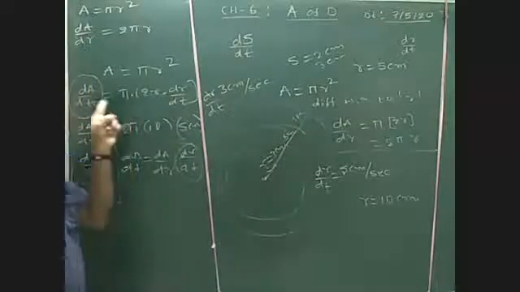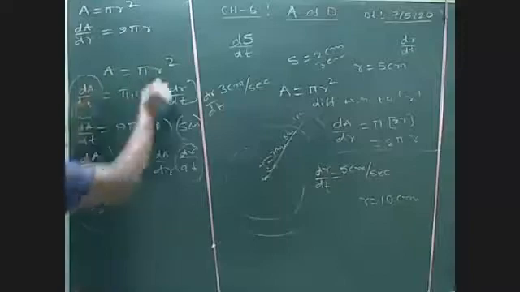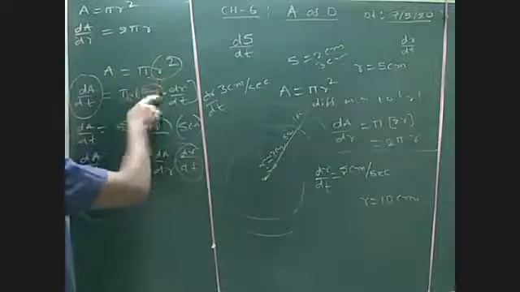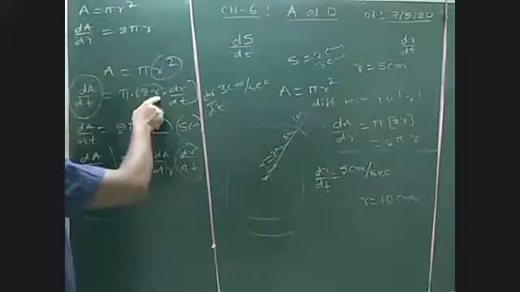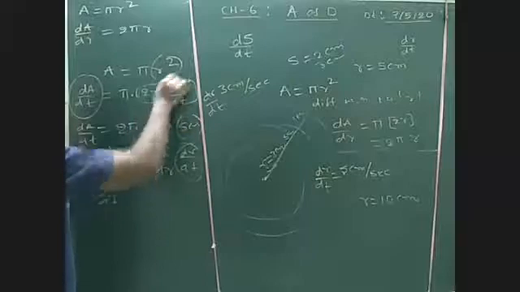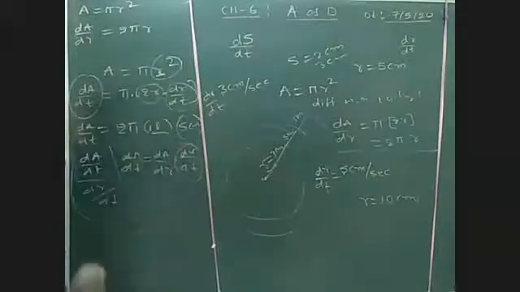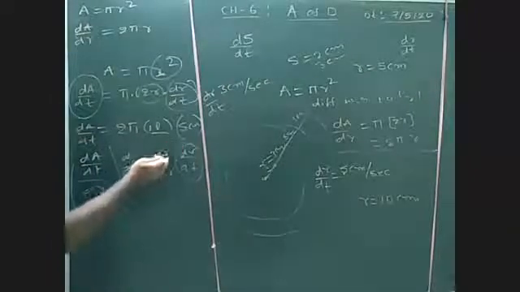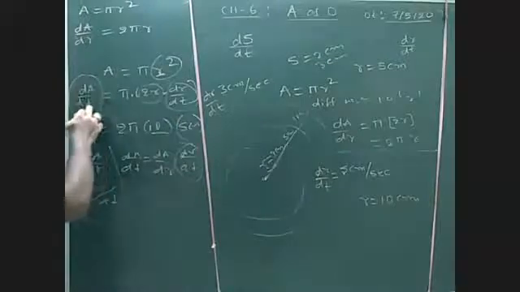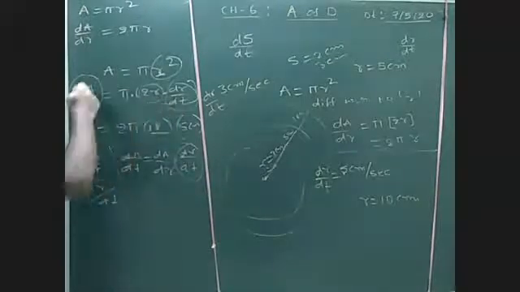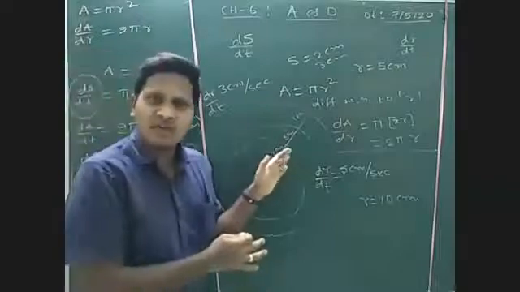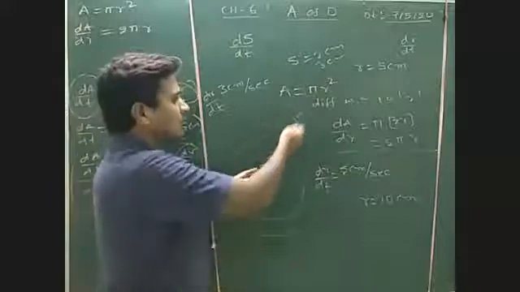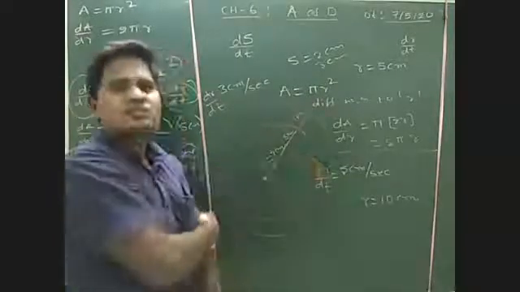Chain rule means here, differentiating with respect to t, first it is in the form of x square. X square we differentiated and got 2x, so r square is 2r. Again with respect to t, the derivative of r is dr by dt. Actually, indirectly this is the value of dA by dr. Take dr by dt to the left side, dA by dt by dr by dt, dt cancels, giving dA by dr. Anyway, the changing will be happening in radius and area only. Finally, with respect to radius only, the area will be changing.